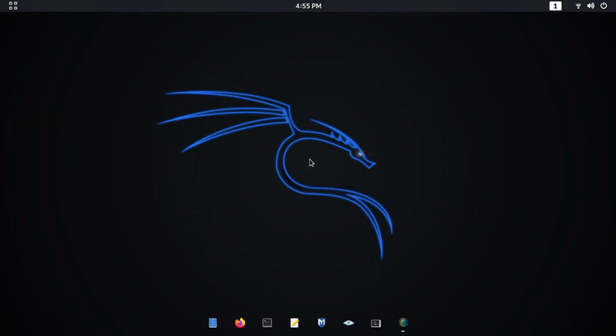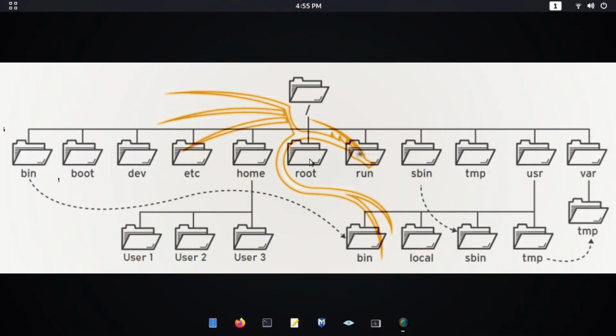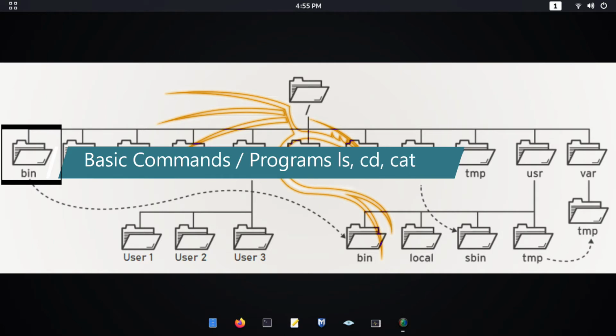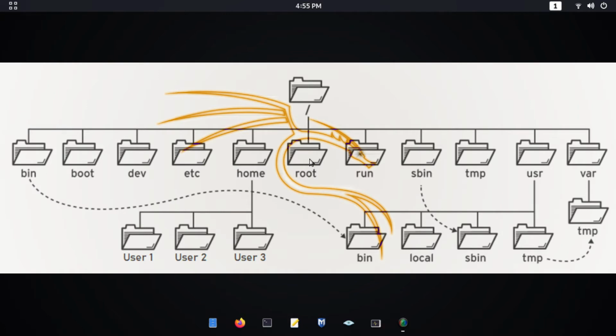Time to jump back to the structure. Let's start with bin. The bin directory contains basic programs, or we can say the user commands like ls, cd, cat. Here you can see that there is a dotted line pointing to the bin under the usr directory. This shows that when we access the bin directory under slash, we actually access it from the usr directory as its original location. Slash bin is nothing but a shortcut to the actual location of the directory.